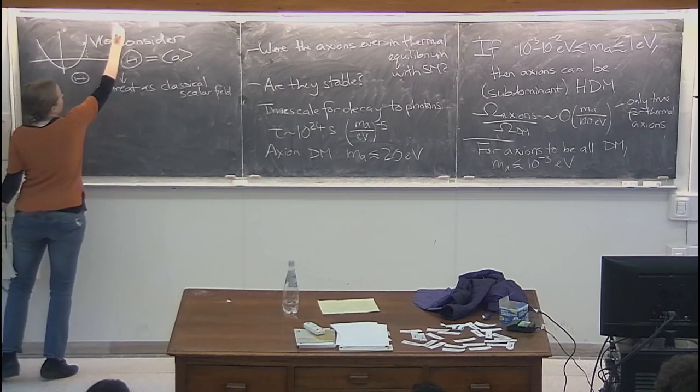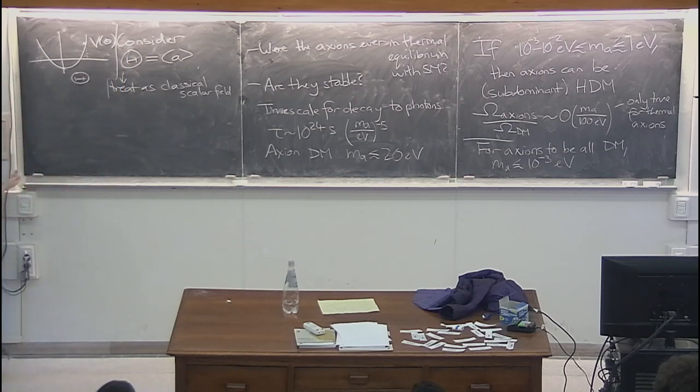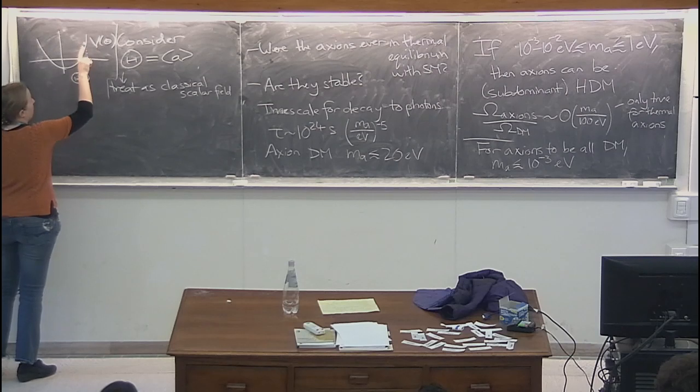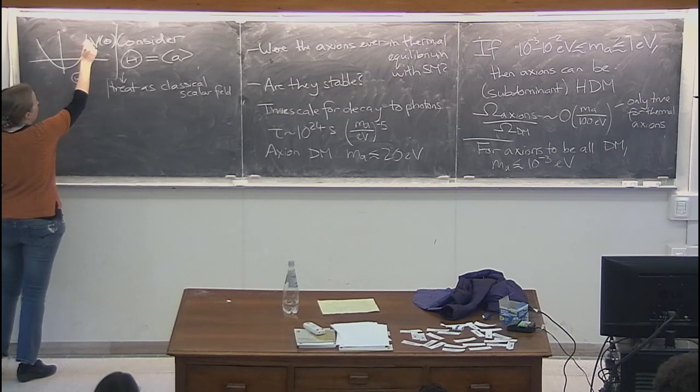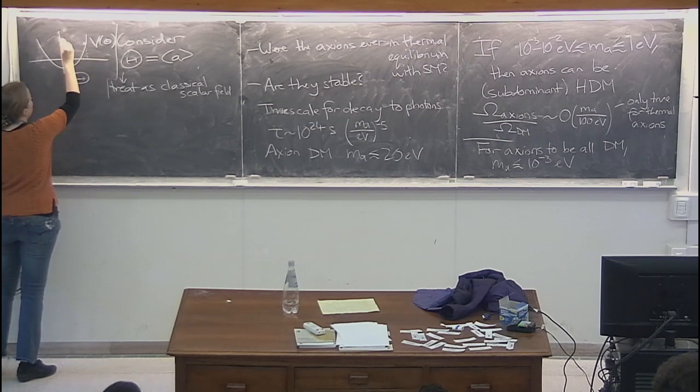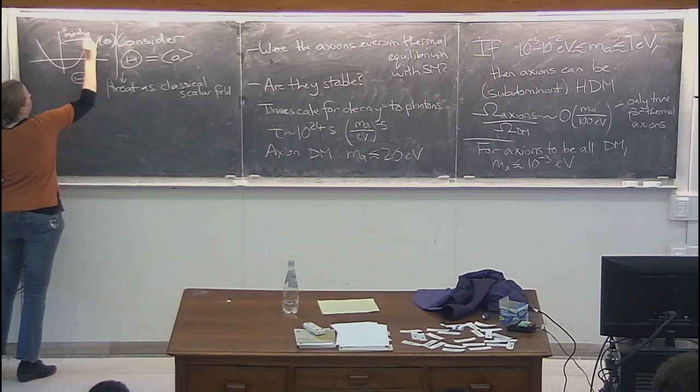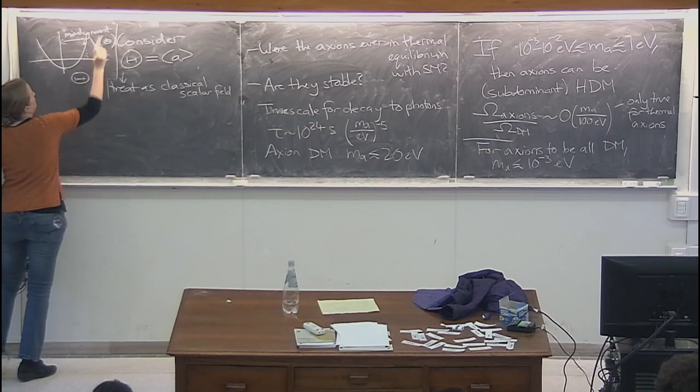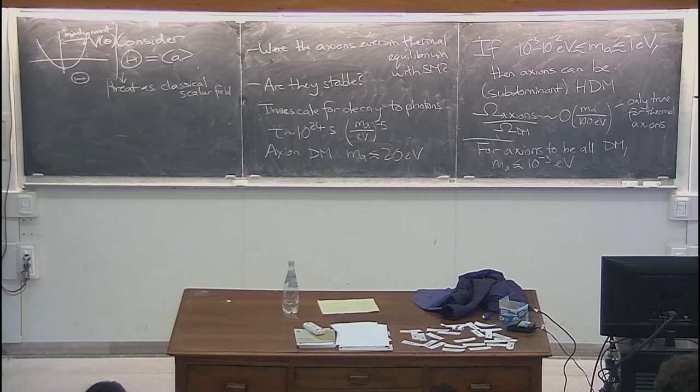Then we passed the scale where the temperature of the universe cooled below the scale where that physics was important. This potential was developed, and the initial value of the field was somewhere located away from zero. So we call this the misalignment. We say there was some initial misalignment between the initial value of this field and its potential. And then we want to understand, well, okay, this is going to roll in this potential, just like the inflaton rolls in its inflationary potential.